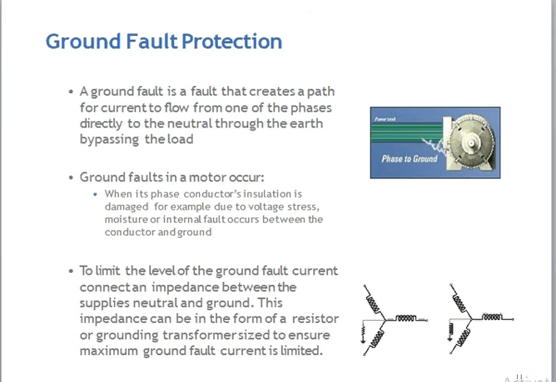At the receiving and sending end sides, we connect a three-phase star with the neutral grounded through some impedance, as you already know. Like that, we are connecting here also, using a resistance here and an inductance there.